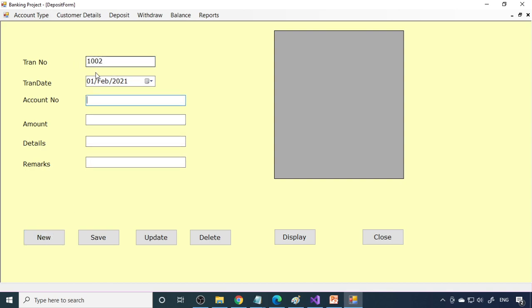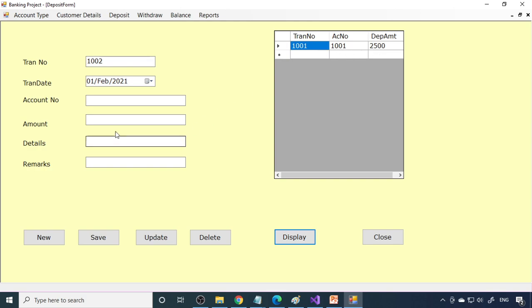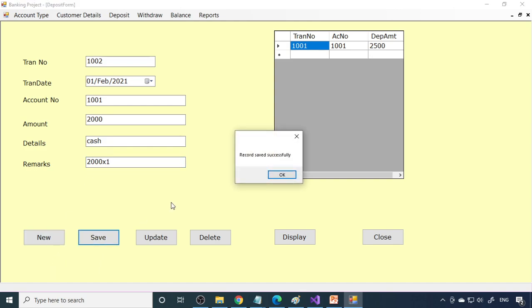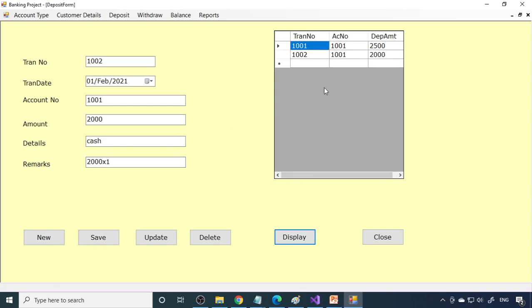You can see that 1002 comes. So fine. So display, there is one already there here. Fine. So now the account number 1001. What is the amount? Again 2000 rupees. Detail cash. So 2000 into 1. That is one note. Okay. So save, record saved successfully. Display, that will come over here.